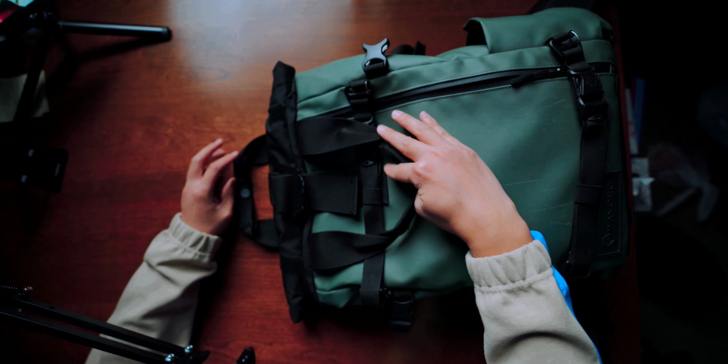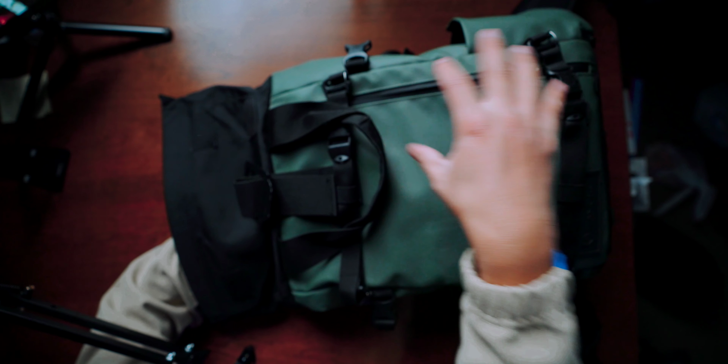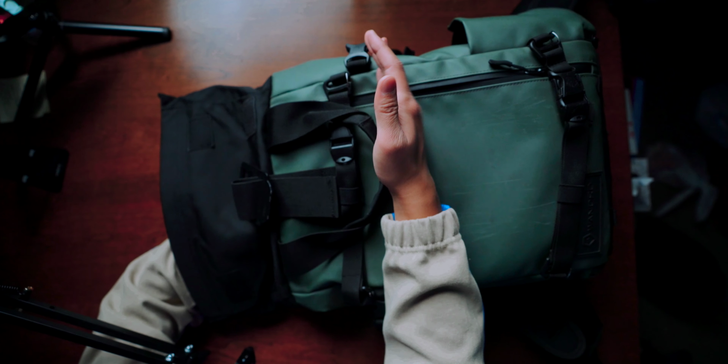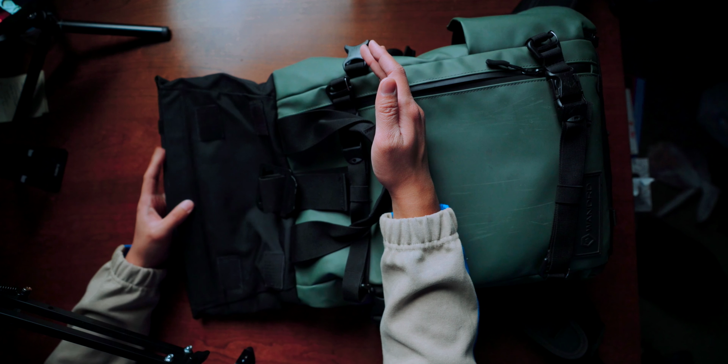Now I am a big fan of this bag. I've taken this to Paris, Tokyo, and Cuba, and this held up very well. Now, as for the main opening of the bag, it is through this roll top. It does stop right here, so this lower compartment is for all of your camera gear, but you can fit quite a bit of stuff just in this pocket, and it is a roll top, so you can,